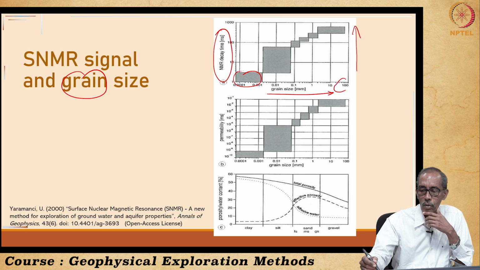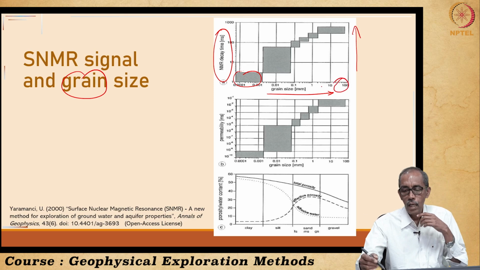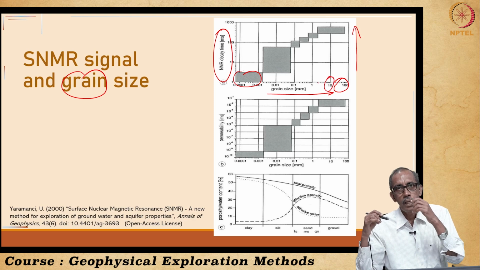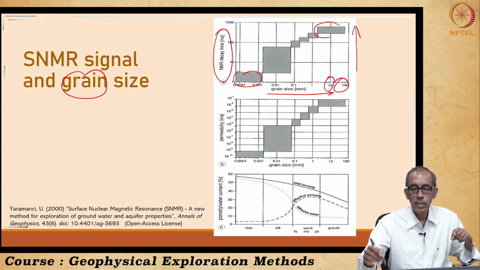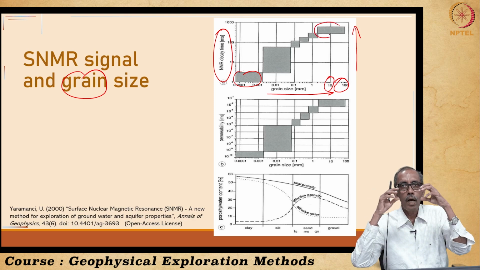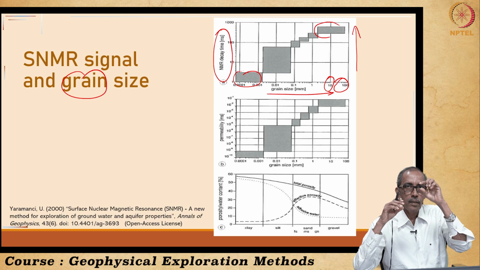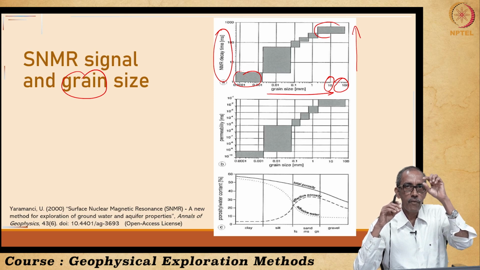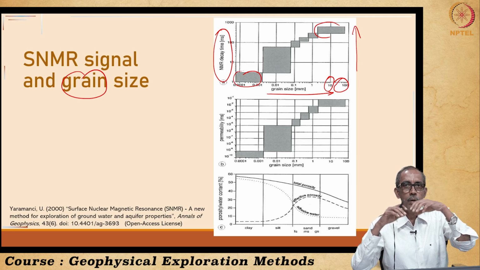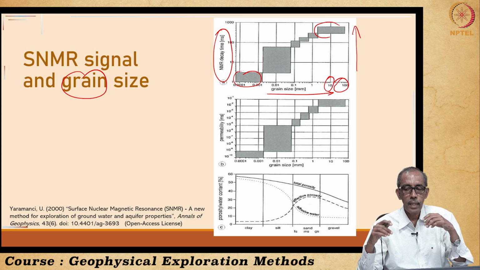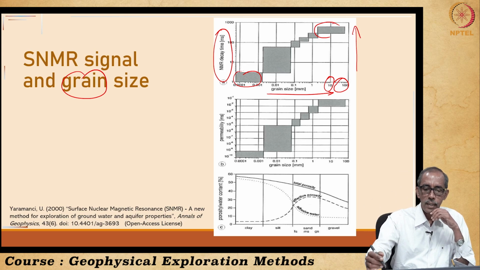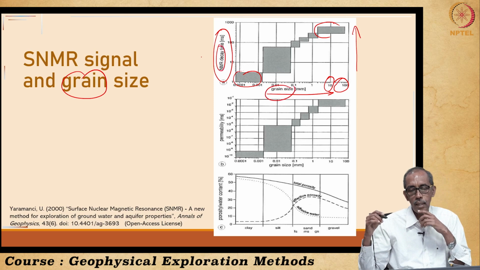Whereas, if you look at the coarse grained formation which is about 10 millimeter, about 1 centimeter in size, such gravel deposits, their pore size is so huge, you have a large volume of water. That means, if you see one void, that void will be maybe about half a centimeter in size approximately. It is now occupied by water, so many protons are there. So, it takes more time to relax. So, this is the relationship between the grain size and the NMR signal.